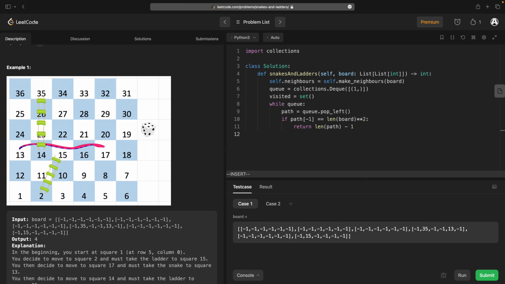Otherwise, what we want to do is say: if path[-1] in visited, continue. We've already been here. We don't need to try again. Visited.add(path[-1]). Now actually remember to write down that we've been where we are. And then for step in